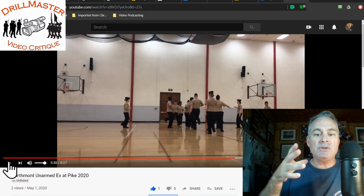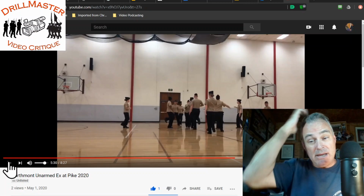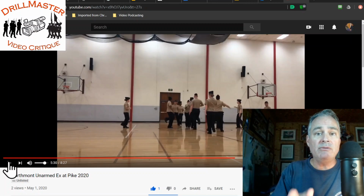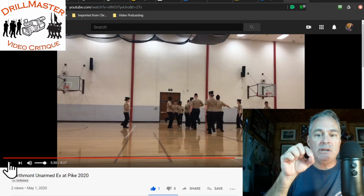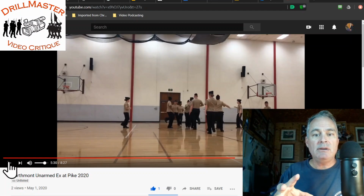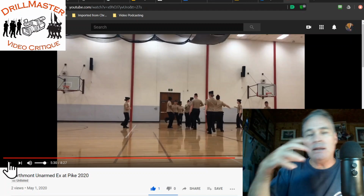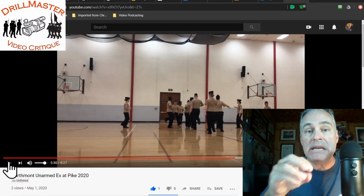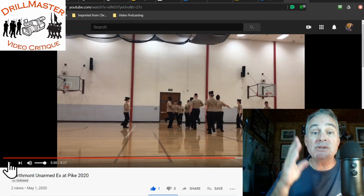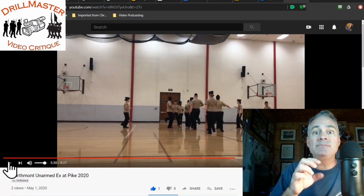which is, you get to a certain point, and this is very typical for unarmed junior ROTC. Now your commander does a short sequence, and then everybody joins in, and then you move to another formation. Your commander does a short sequence, and then everybody joins in. So at least you're moving. At least the team is moving and not static, and that's a good thing. That's positive. However, it's a